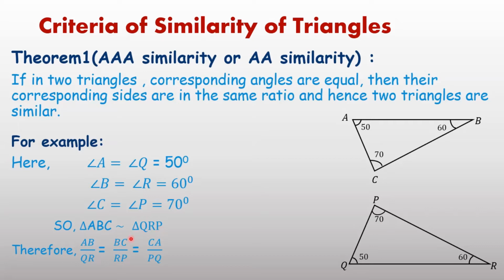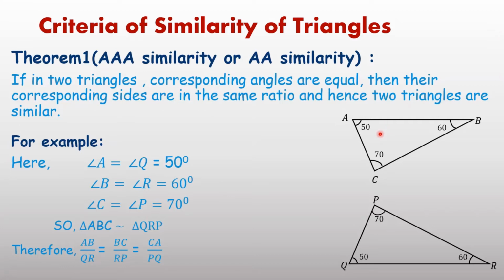Now third, CA. CA means third and first point taken. Therefore in the second triangle again we will write from third to first, meaning PQ, CA upon PQ. If the triangles are written with the symbol in proper order, then you can easily write that corresponding sides are in the same ratio. Or, second option, from the figure also you can write.